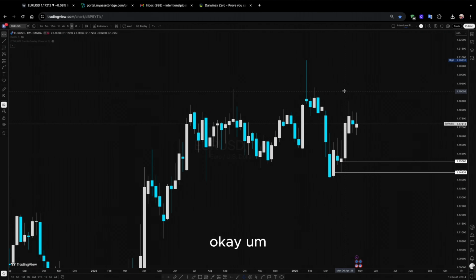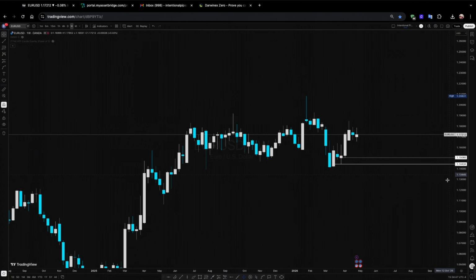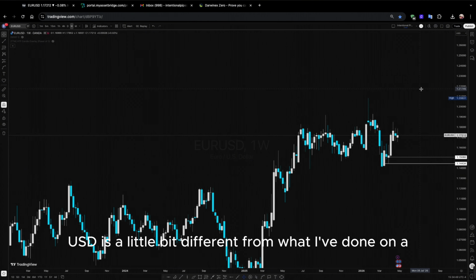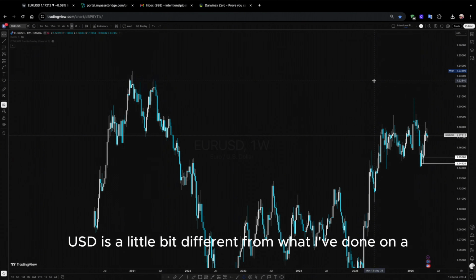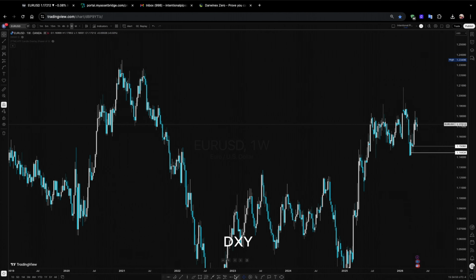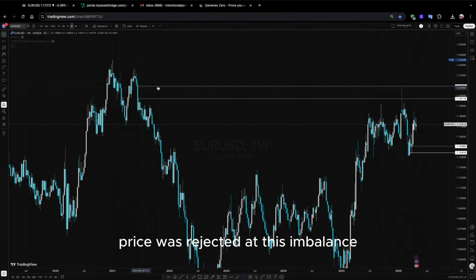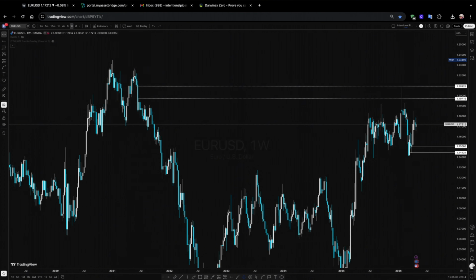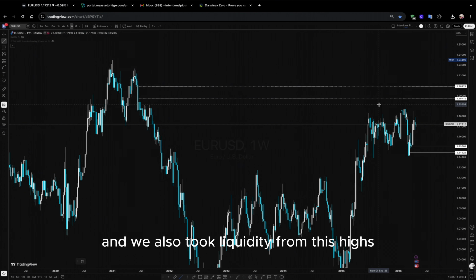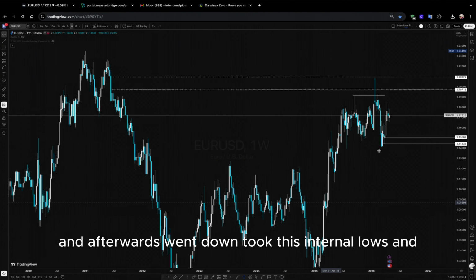Okay, my view for Euro USD is a little bit different from what I've done on DXY, the dollar index, because clearly you can see on the weekly time frame price was rejected at this area of imbalance, and we also took liquidity from these highs, and afterwards went down, took these internal lows,